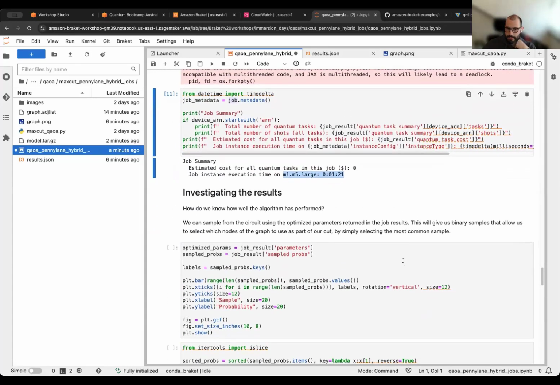So now let's investigate the results. And now the question is in QAOA, what do we do with our optimized parameters, right? So we now actually get our 2p optimized parameters. I mean, how does that solve the max cut problem? Well, under real life conditions, this is a different story and maybe a more lengthy discussion. But in the books, what you can do,